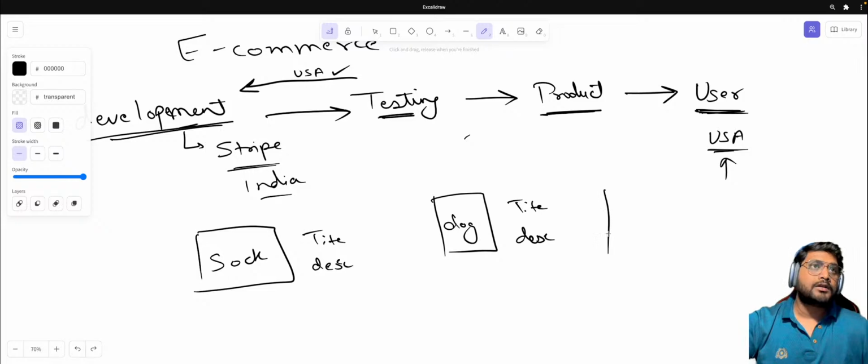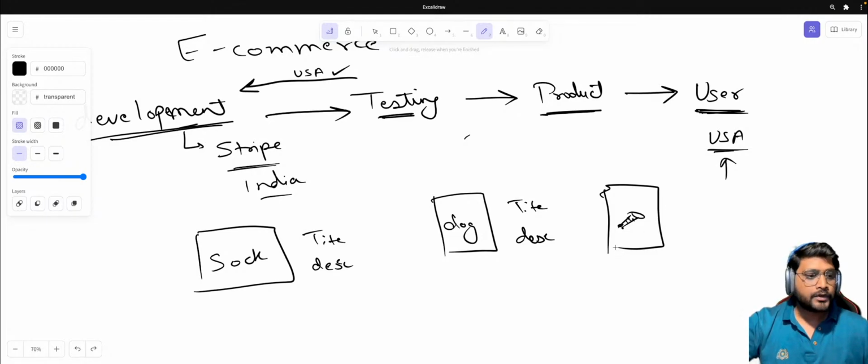Product team has some random thing, right? For example, a bolt. They uploaded a bolt photo. Would your owners be happy to see a sock photo, a dog photo, and a bolt photo uploaded on your website? Tell me this. He won't, right? He won't be happy to see a sock photo, a dog photo, or a bolt photo uploaded on his website, or a user. If he finds a dog photo, a sock photo, or a bolt photo, he will lose trust in the website itself,